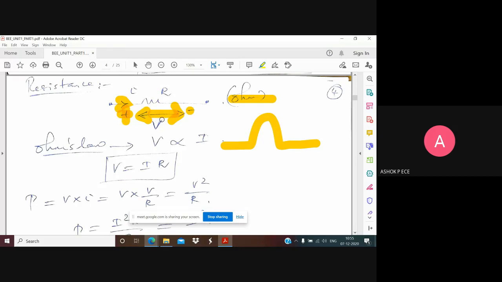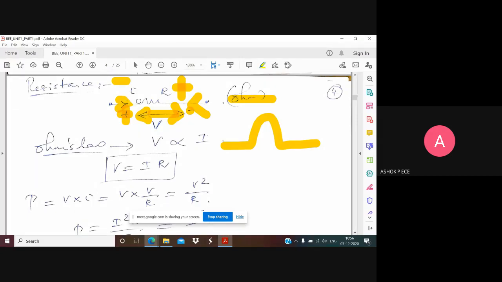This is going to be the voltage across the resistance, V. If the current is entering this way, this will be positive and this will be negative. Whichever direction the current flows, the entering node of the resistance has positive polarity and the leaving node has negative polarity, because these basic things will be applied in our circuits, and at that time you should not have any confusion. As we discussed in the bridge course, current causes voltage, voltage causes current. Both are duals. Dual means you can get one from the other.